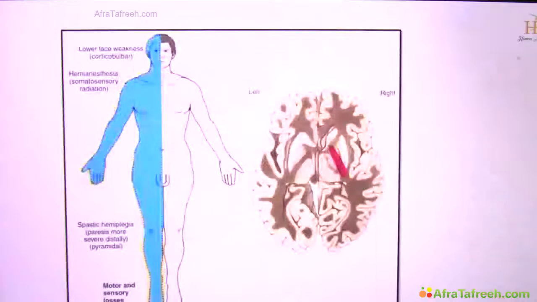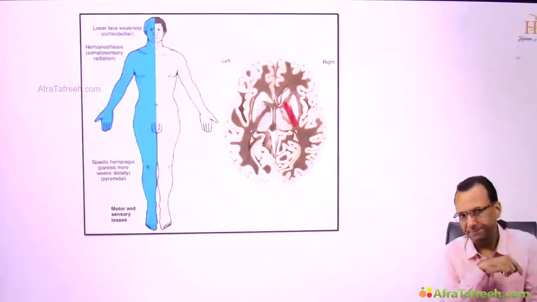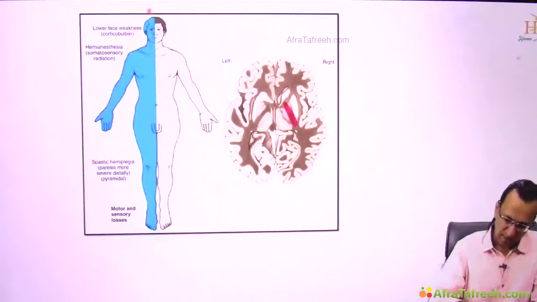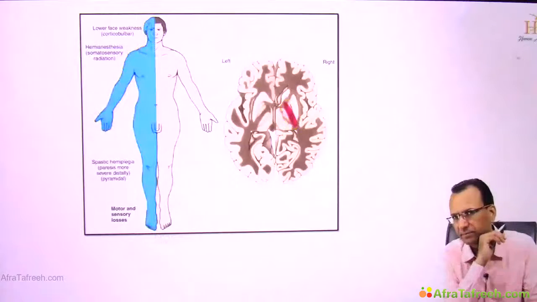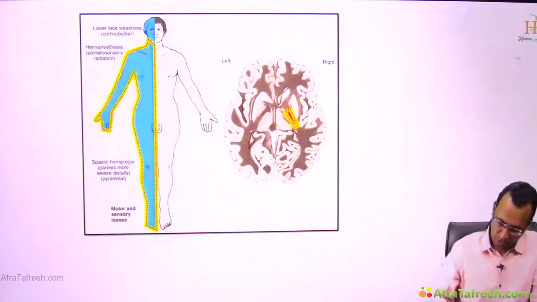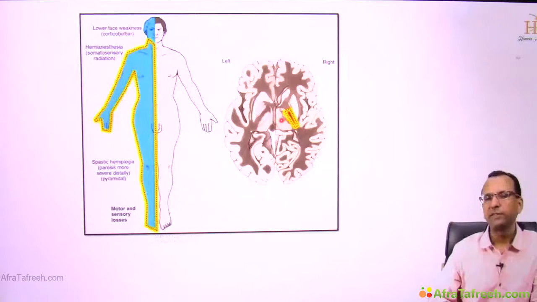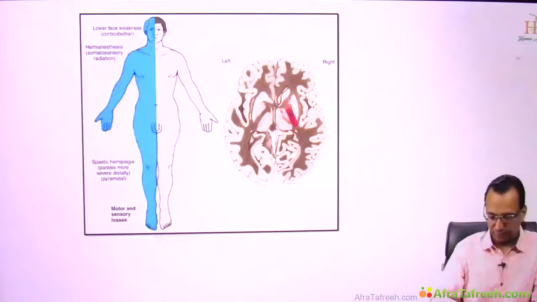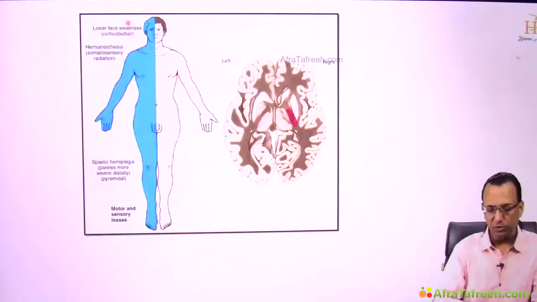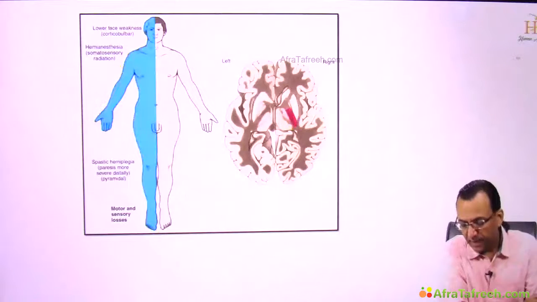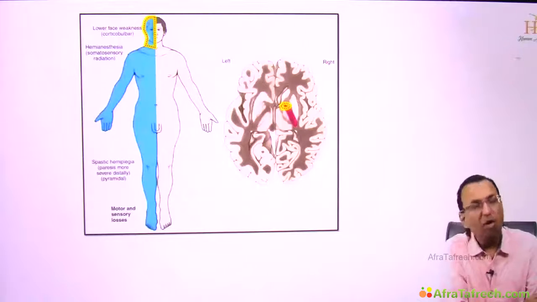And what will happen if I have a lesion on the right side of the brain? If you have a lesion in the internal capsule on the right side of the brain, there will be problems on the left side of the body, involving the head and the body, if the genu and posterior limb are involved. And what if only the genu is involved? There can be a problem. If only the posterior limb is involved, then the problem will be restricted to the upper limb, trunk and the lower limb. Face area spared. That came as a question also. Face area will be spared. And what if the genu is involved? Then the body is spared.